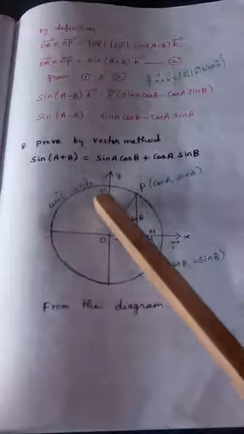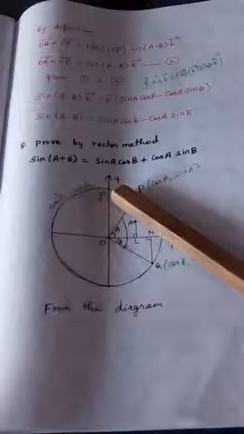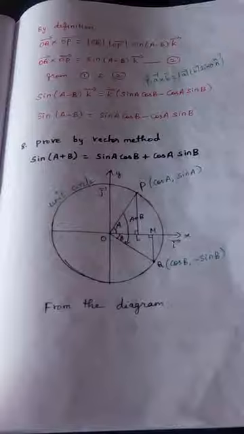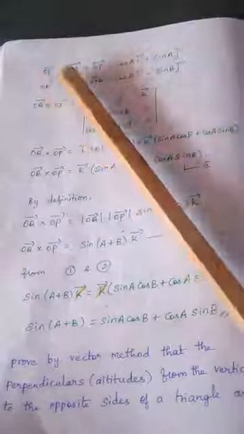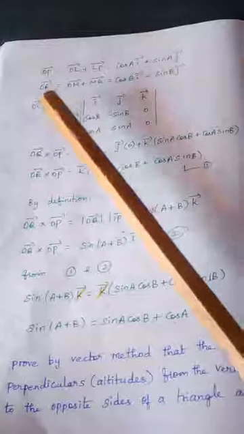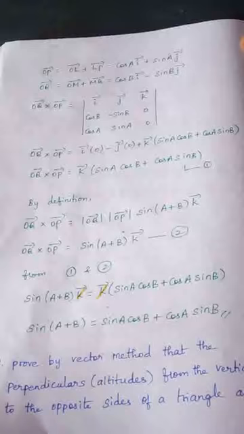So after drawing this diagram, why am I writing i vector, j vector? i vector is a unit vector on x-axis. j vector is the unit vector on y-axis. So after drawing the diagram, we will go for the proof. How to start the proof? I think you are thorough with how to write OP vector, OL plus LP. So I need not explain this. Already I have explained this. Similarly, OQ can be written like this. Here y minus means, see the diagram, minus sin B, j vector.